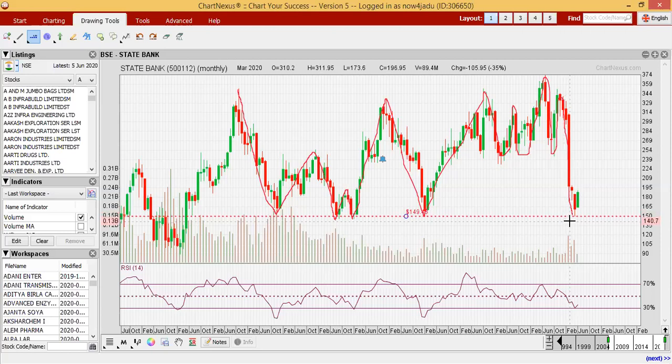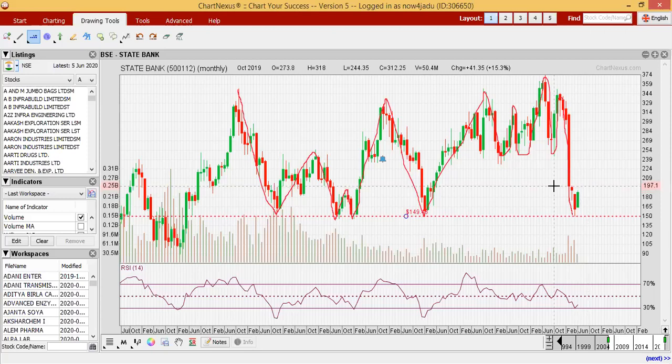Suppose with a 5-6% stop loss, you can put a stop loss at 140. Then if it hits 140 on a weekly closing basis, you will lose only 10 rupees. But you can see with this method, those who entered, I already shared it during my entry with my students. Those who entered here, within 1 or 2 weeks it came to the 190 level. That means more than 25 to 30% return within 1 to 2 weeks.